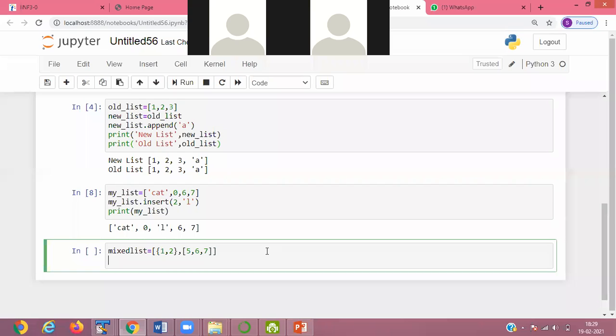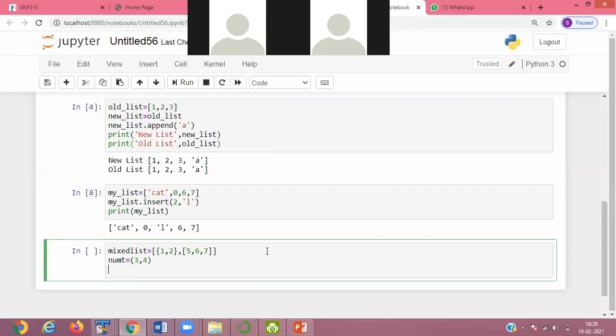So for inserting a record, we use a new empty value. Here I pass 3, 4. Now I will insert the record in mixed list dot insert.